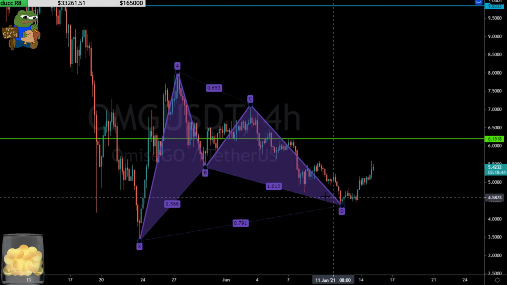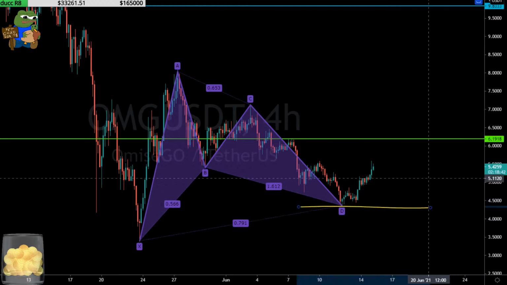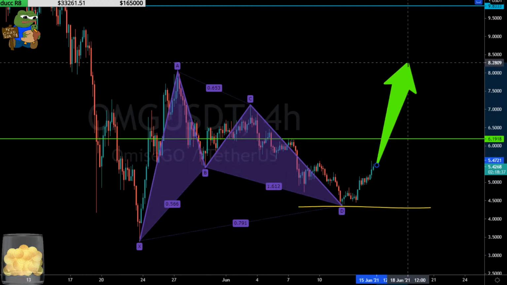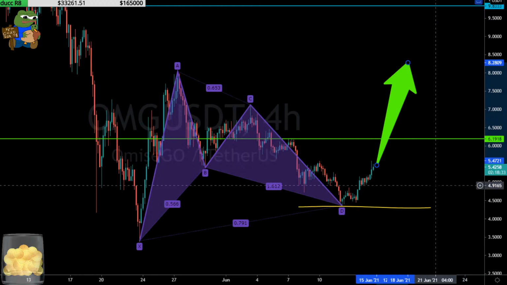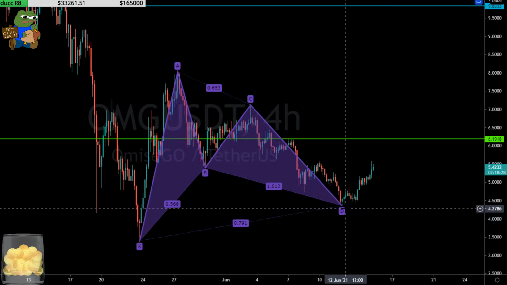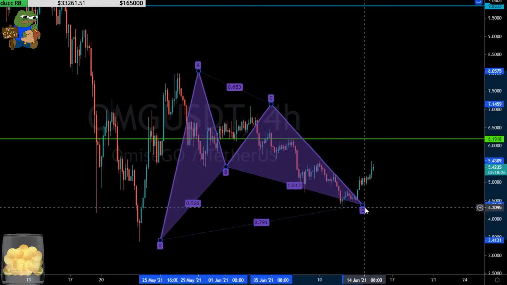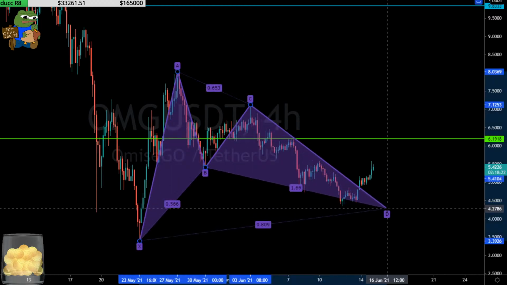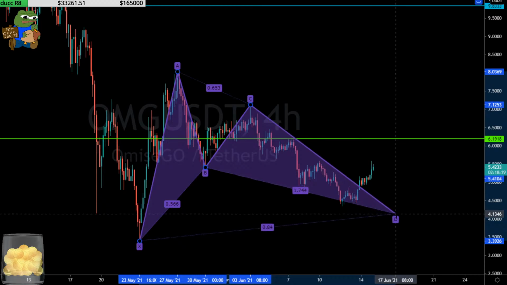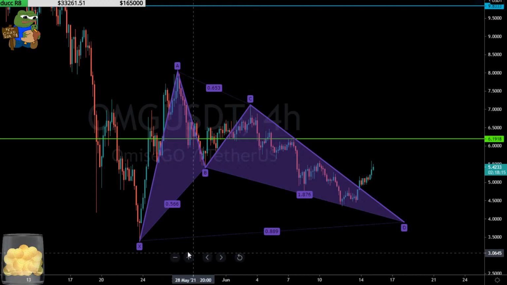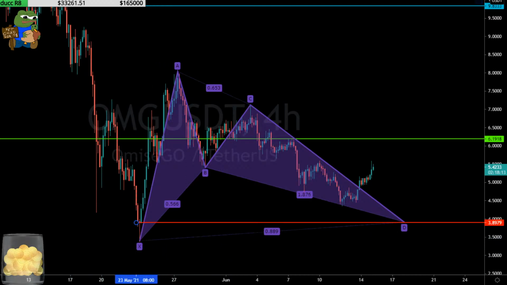So if this holds, we can see a rally here on OMG where we could see prices up at like $8.50 again. All right. It's not the most devastating thing to sell off one more time, because like we said, all you're going to do is hit this 886, okay? And look at this square up right there. See this square up? Boom. Square up,